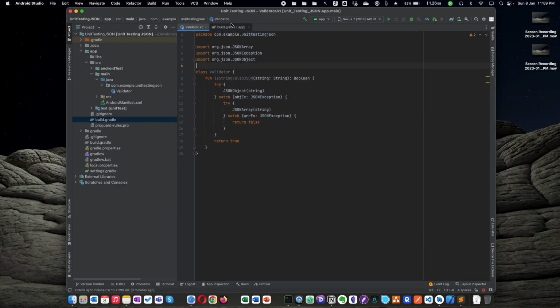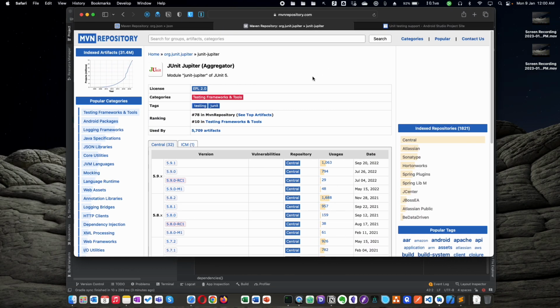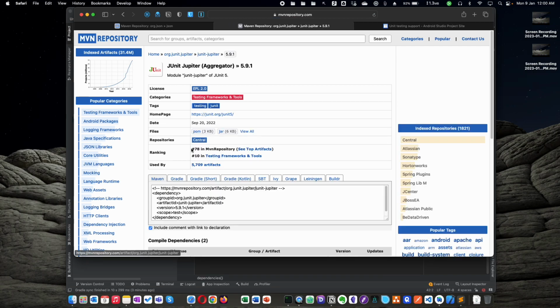So I can go to the Maven Central repository and select the latest JUnit 5 from here. JUnit 5 is called JUnit Jupiter, so from here I can just simply copy and paste it here, but